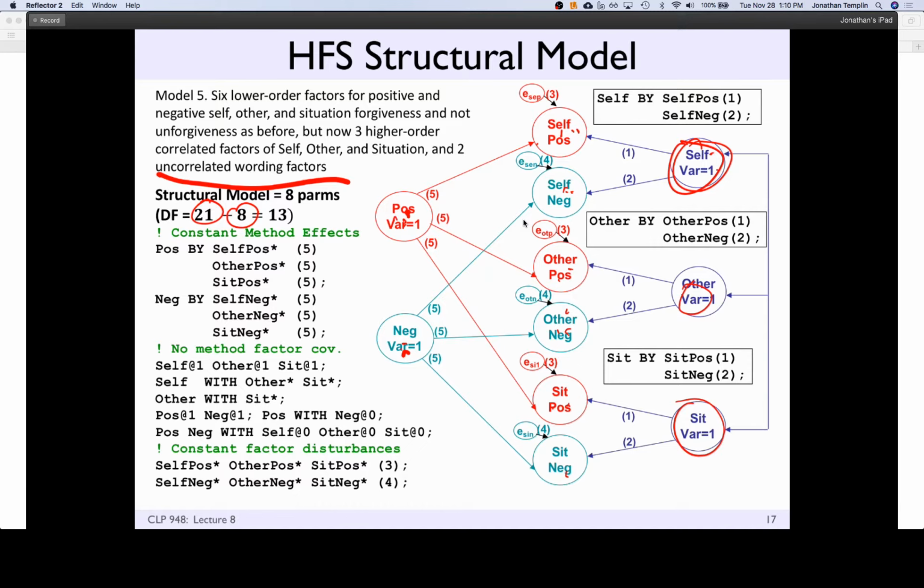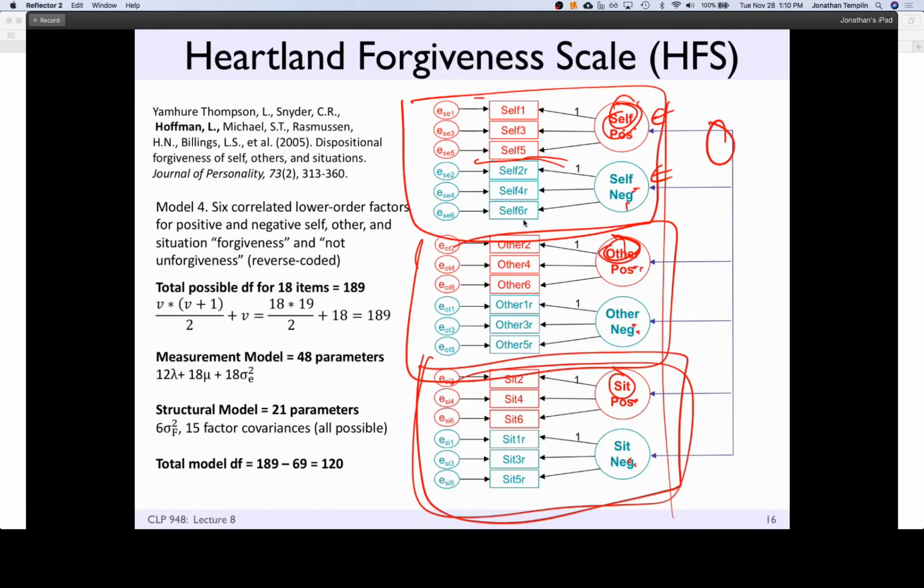But I believe she allowed there were correlations between the self, other, and situational. So what this is really trying to get back to is that original idea behind the instrument, which was that there's 3 types of forgiveness that people might exhibit: self, other, and situational. But because of the way the thing was created with the positive and negatively worded items, you couldn't see that unless you controlled for positivity and negativity. And so when you controlled for positivity and negativity, you had a self-positive and self-negative, so